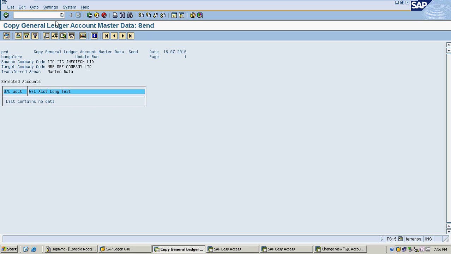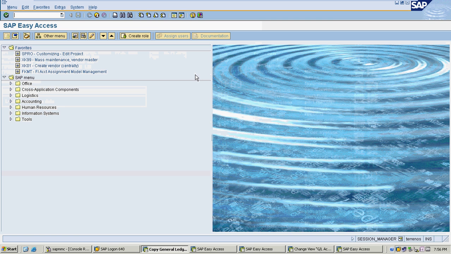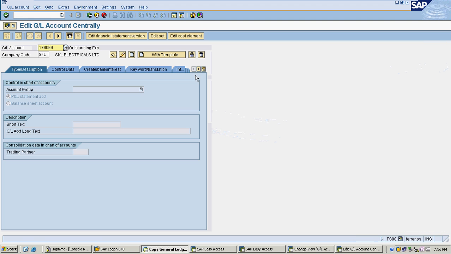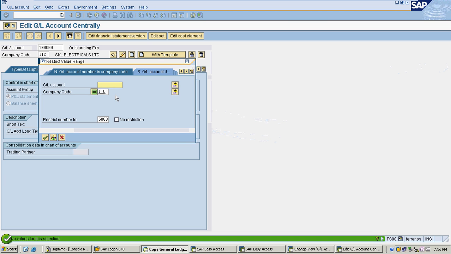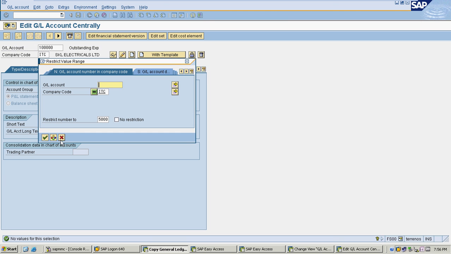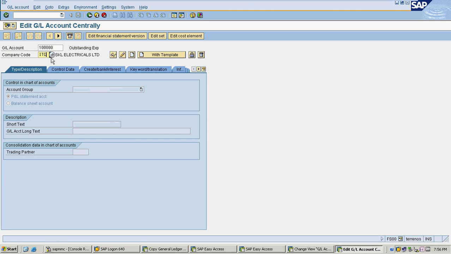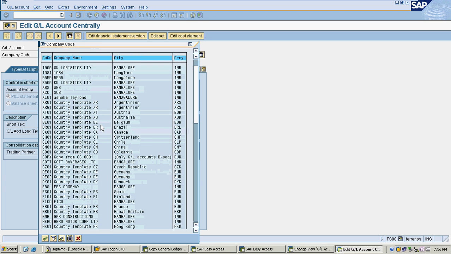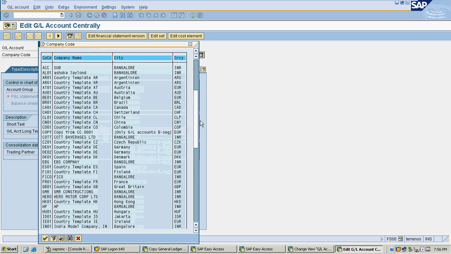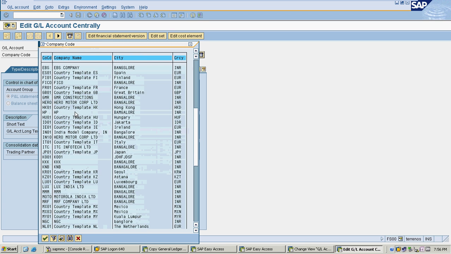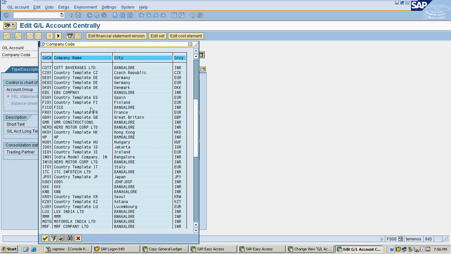So I want to see whether ITC has any GL accounts now. FS00, ITC. For ITC, no GL accounts. I will see one of the company code that has GL accounts. So for example, I will take